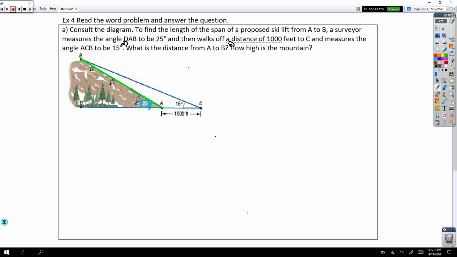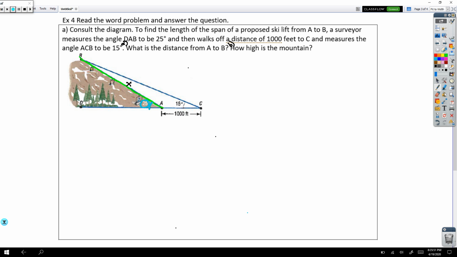So first things first, let's find the distance from A to B. Alright? So we'll go ahead and say that that side length is length x. We don't know what that is yet. We have to solve for it. Now, in order to do this, I want to utilize the law of sines. So I want to find my angles A and B. Alright? So if I know that DAB is 25 degrees,